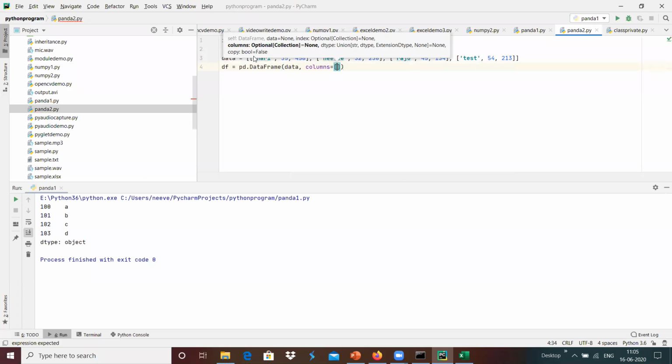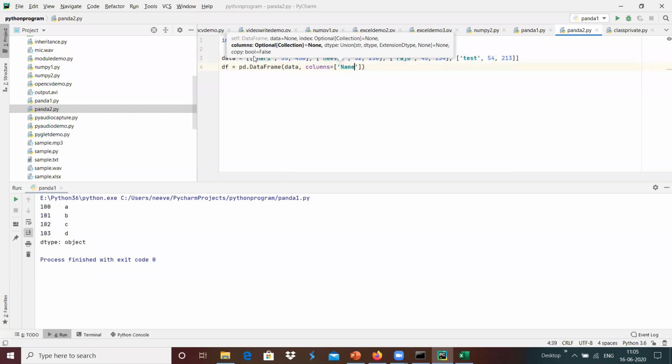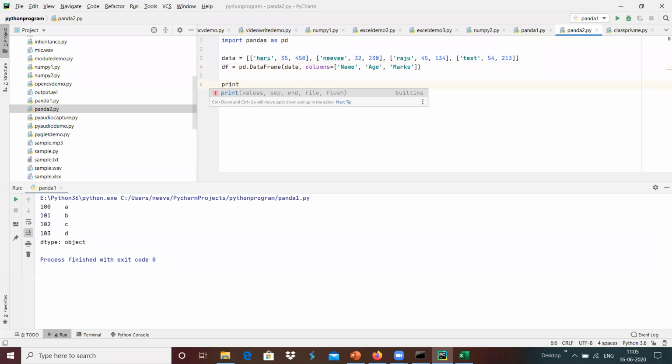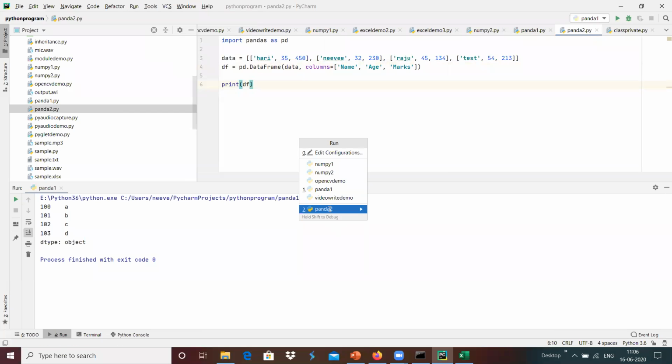Columns equals the different columns: name, then age, and then marks over here. And once it is done, maybe we can do print of df, and whenever we run this pandas2,